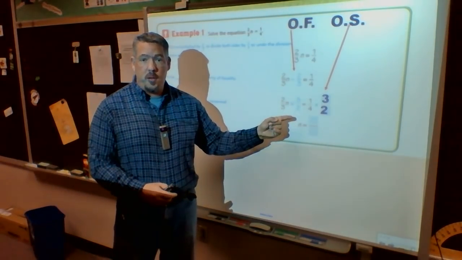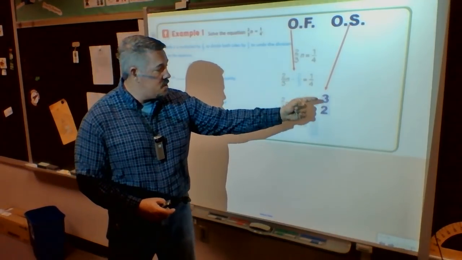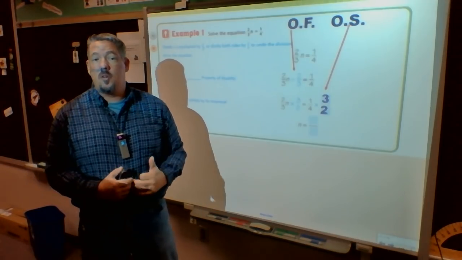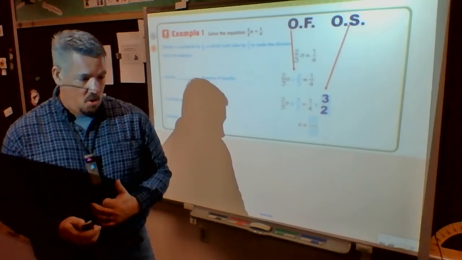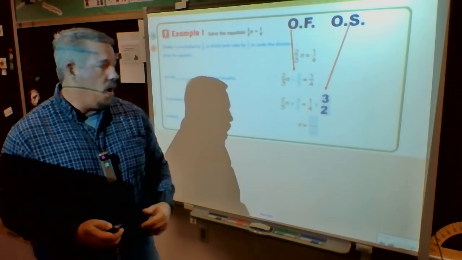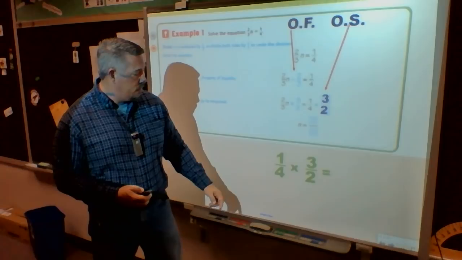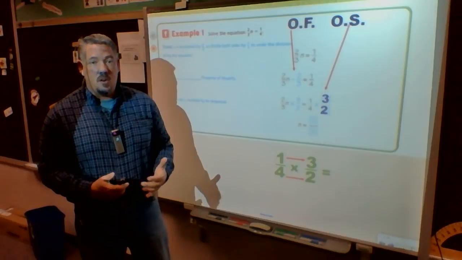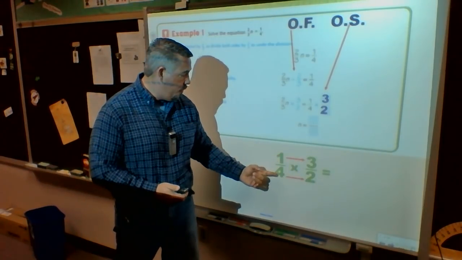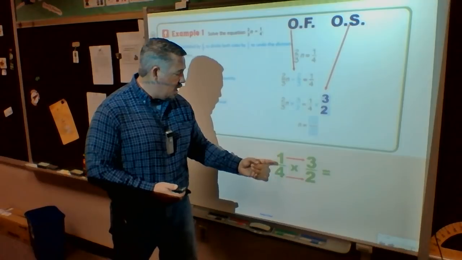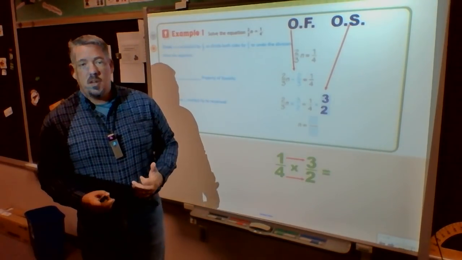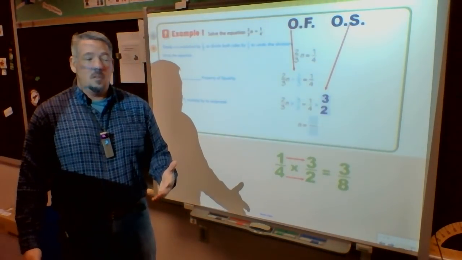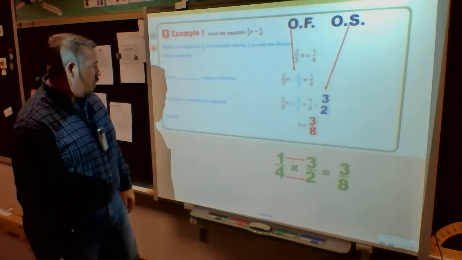So I'm actually multiplying by 3/2, and now I do it on the opposite side, which is also multiplying by 3/2. Then I have my basic multiplication questions. Can I multiply fractions? Yes. How do I do it? Multiply across. So I would take 1 times 3, and I would take 4 times 2. I ended up with my numerator and denominator. Notice there isn't anything to cross reduce. 3 does not go into 4, 3 does not go into 2, 2 does not go into 1, 2 does not go into 3. So it just ends up with a fraction of 3/8. So I know my answer is n is equal to 3/8.